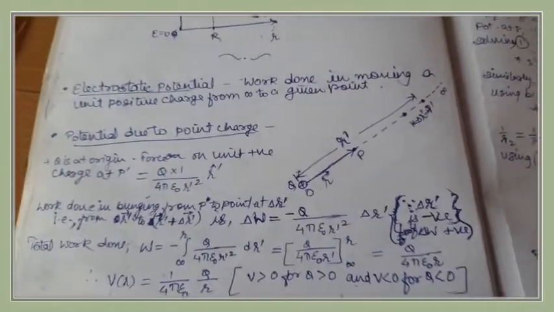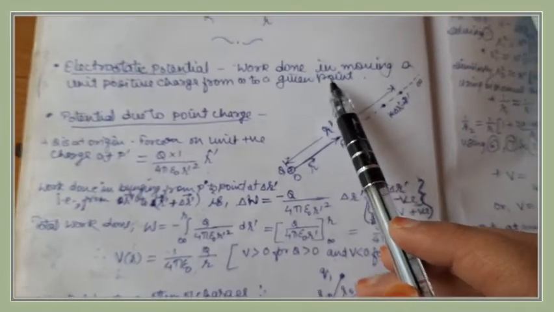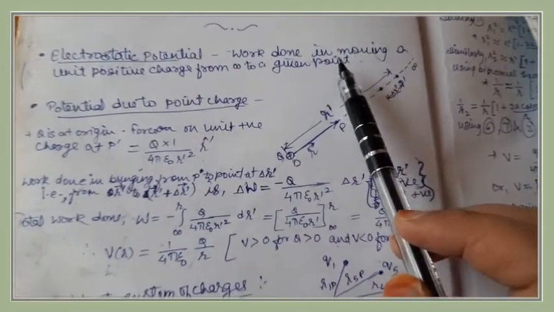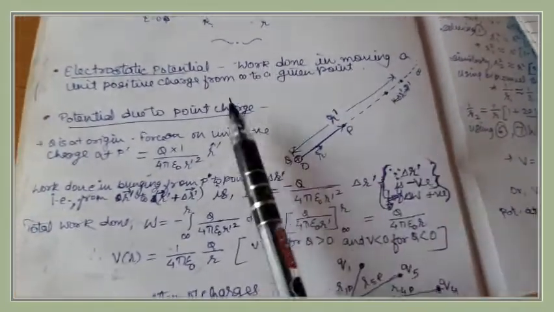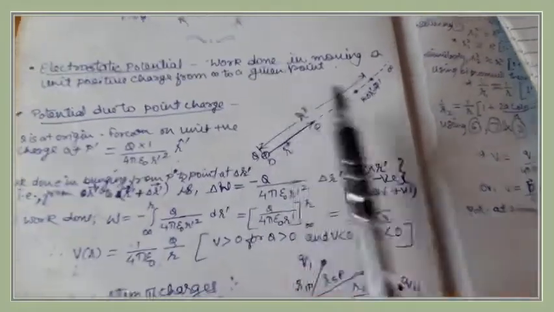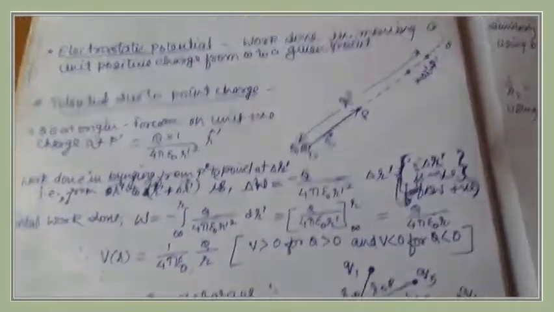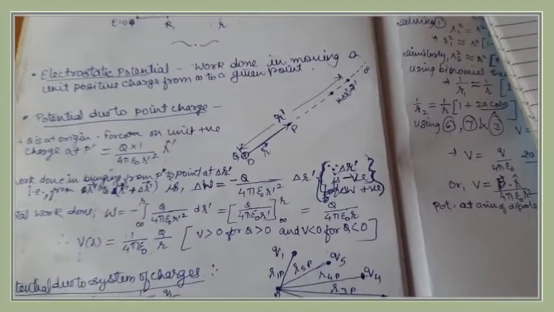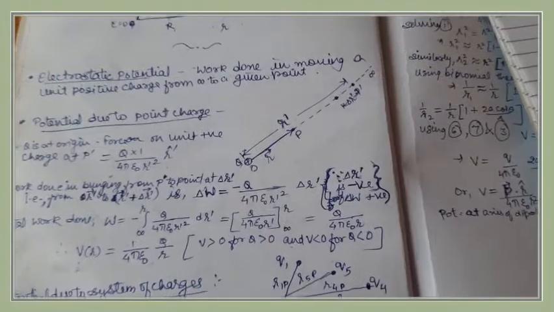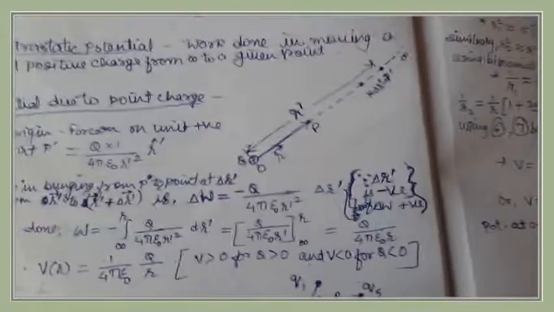Okay, so the next topic that we are going to study is electrostatic potential. You have studied the concept of electrostatic potential in class 10th as well. The definition of electrostatic potential is the work done in moving a unit positive charge from infinity to a given point, and you can also add, in the presence of an electric field already present. So from now on we may also name it electric potential. Both are one and the same. This is the same concept that you have studied in class 10th.